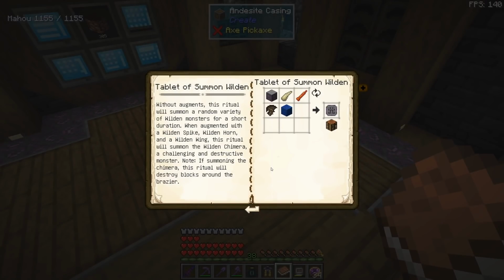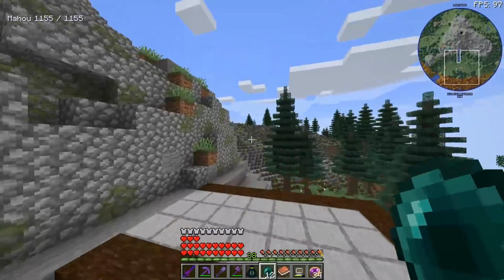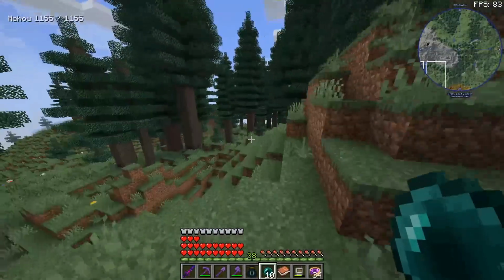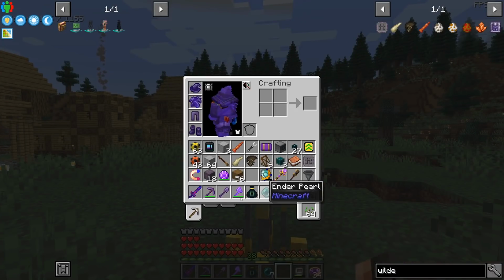And just to make sure that I'm not going to screw things up, let us read this again. Okay, it's easy peasy. But the Wilden that we are going to summon is going to cause some damage around the world, so we should do this probably far away. And I have no idea how big he's going to be, so let us do it really far away, near my old base. So brazier goes on the ground, we wait to sleep, and now that we have slept,